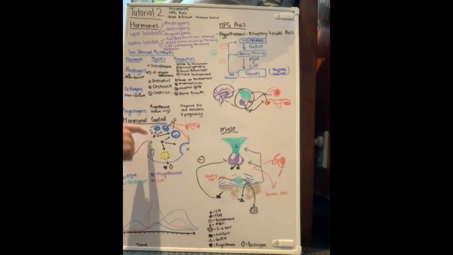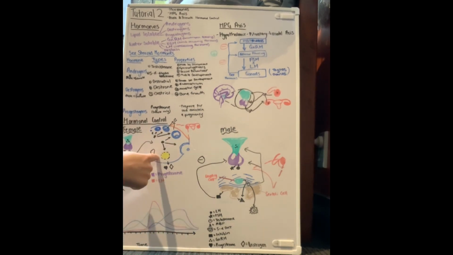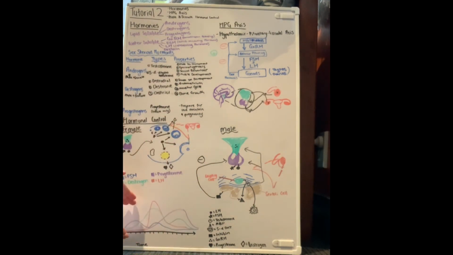So FSH is talking to the follicles, LH is talking to the mature follicle to become that corpus luteum. And you just link that in with the levels over time. So if you remember at the beginning, FSH peaks because it's trying to stimulate follicles, and because the follicles are growing, there is an increase in granulosa cells, which increases the amount of estrogen because estrogen is produced by the cells. And then at a certain point, it switches to positive feedback, which makes the brain pump out more of this luteinizing hormone,